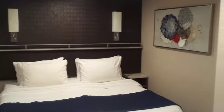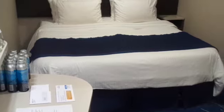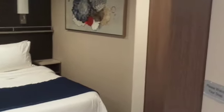The room looks straight from the door. This is a family insider. I booked the solo insider, but they upgraded me to a family insider when they assigned my room. Immediately to the left is a locked door,